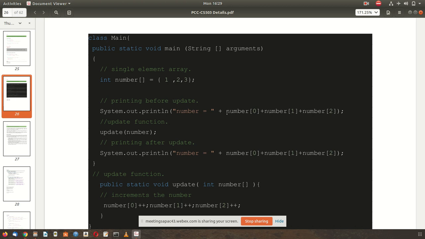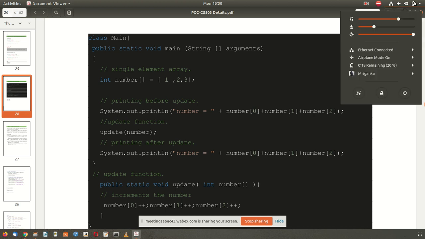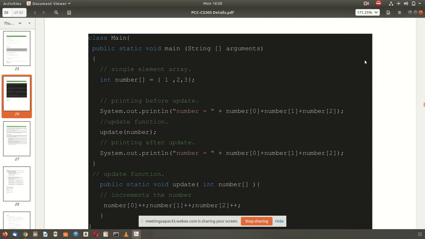I'll tell again, the basic data types in Java, integer, character, float, are not passed by reference, always passed by value. If you want to do pass by reference, you have to do it manually. By default basic data types are always passed by value. And the syntax is the same, the format is the same for how the value passes from one function to another, only the name of the variable is sufficient.